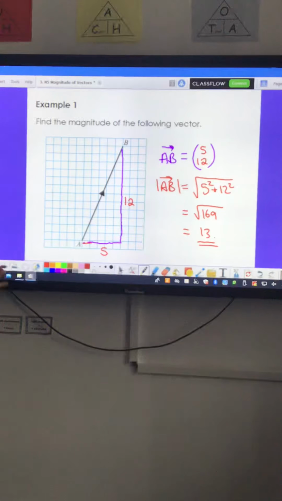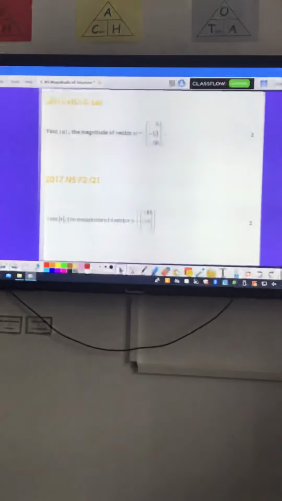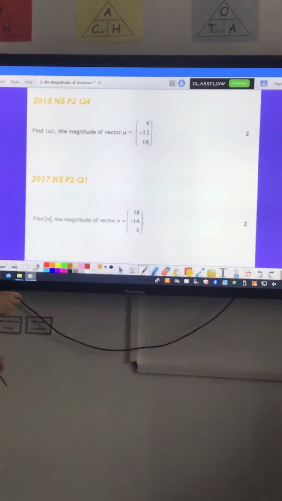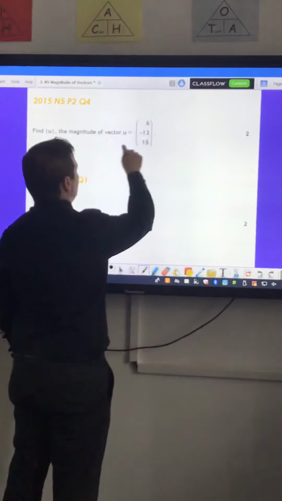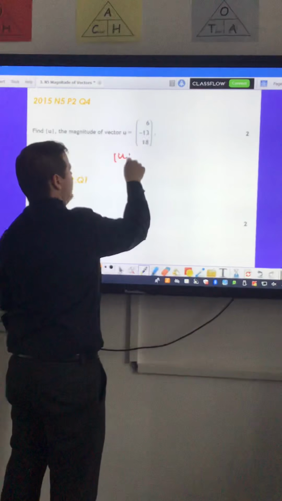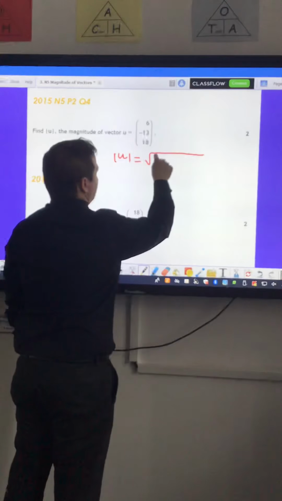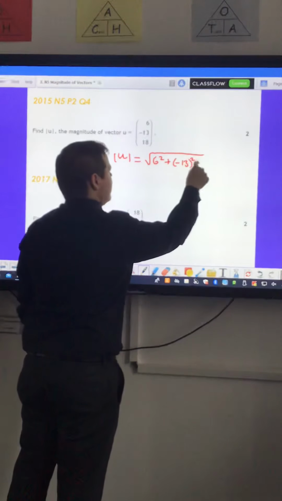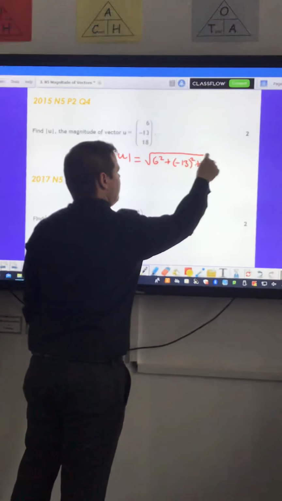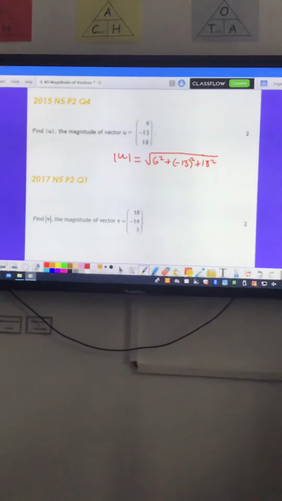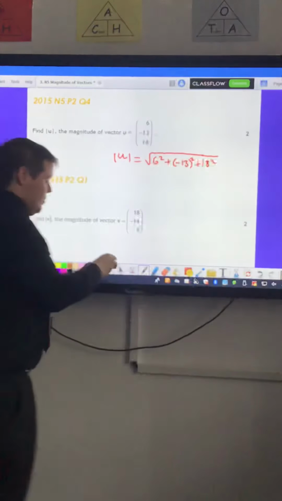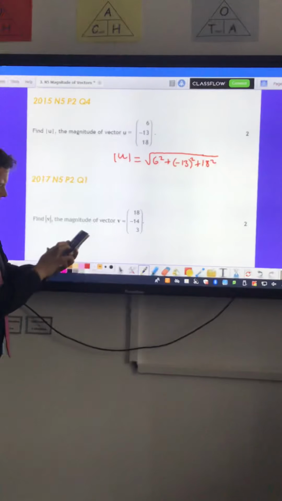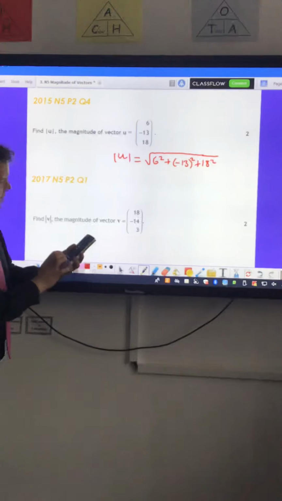Okay, example number 2. We've got 3D vectors, same idea. Again, this is from the 2015-2017 paper. So the magnitude of u equals the square root of 6 squared plus minus 13 squared plus 18 squared. Just extend that square root. Get my calculator. Because it's in the calculator paper, I'm going to put that straight in. The square root of 6 squared plus minus 13 squared plus 18 squared. The answer comes out as